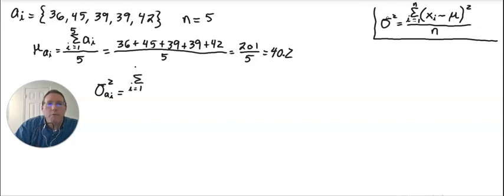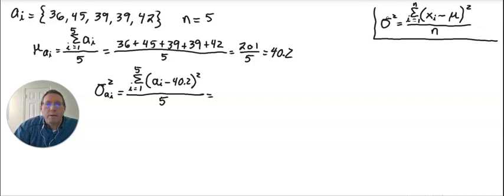Okay? And so now, to do sigma squared of A sub i, we want to go from i equals 1 up to 5 of each A sub i element, but minus the mean, which is 40.2, and then each one, after subtracting, will be squared. We'll add all 5 of those numbers up, and then we'll divide by 5. And so the first one is going to be 36 minus 40.2 squared,